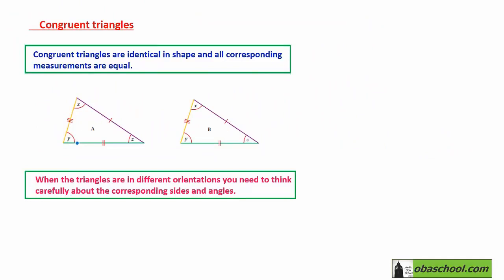When the triangles are in different orientations, you need to think carefully about the corresponding sides and angles. Now, what we mean by this is that they are not placed in the same exact position as you can see right here. Triangles A and B in such case are the same triangles above, but we have inverted the other triangle. And so, at first they might not seem congruent just because they have different orientations, but if you take a closer look at the sides and at the interior angles within the triangles, you can notice that they